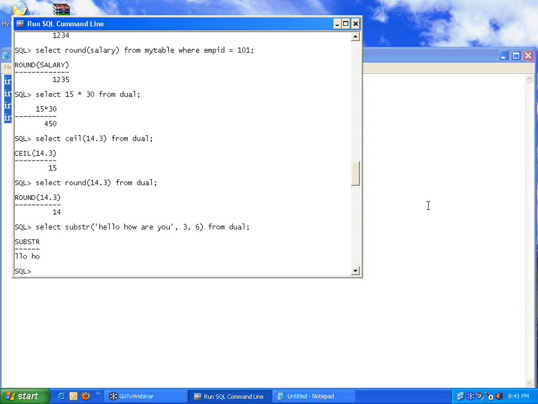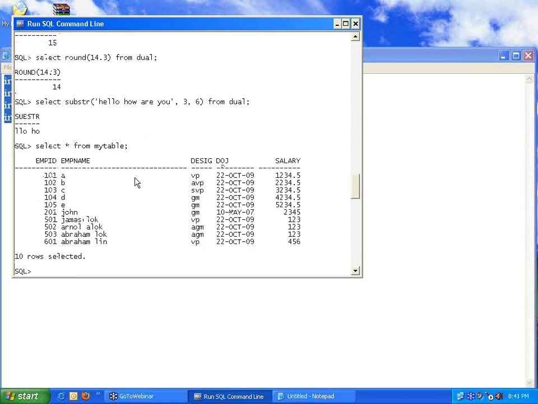Next topic. The next topic that we are going to see is foreign key. Now I say select star from my table. My table, I am assuming that is the employee master. It contains the details of all the employees. Good. Now let me delete